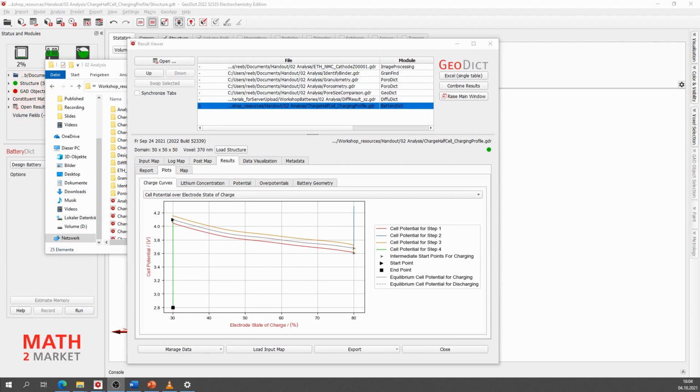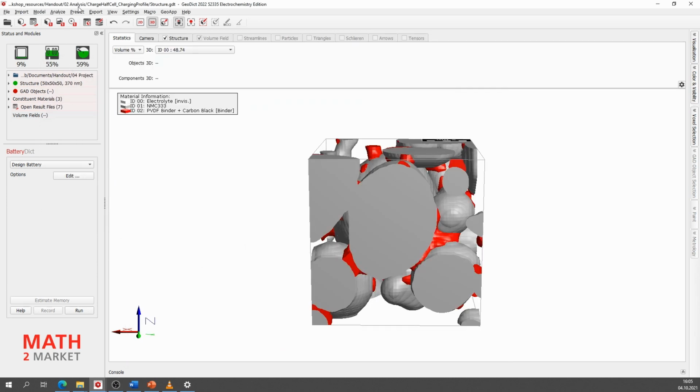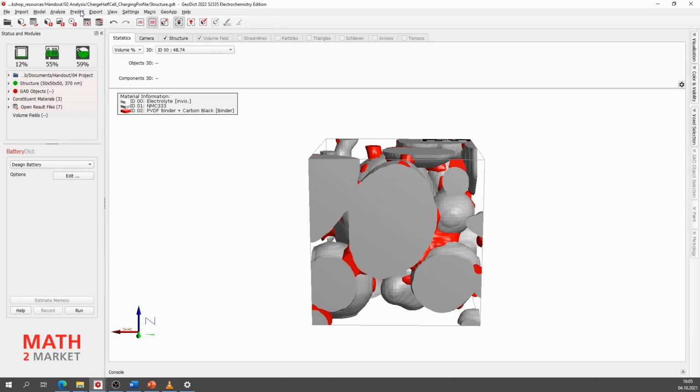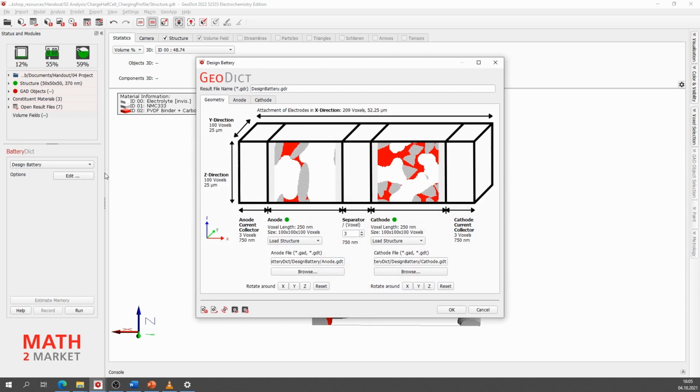As next topic of this workshop, I want to show you the settings for full battery simulation. And to start for this, we build up a battery. For this, we are going to use design battery. You go to predict, go to design battery, and then you click on edit.